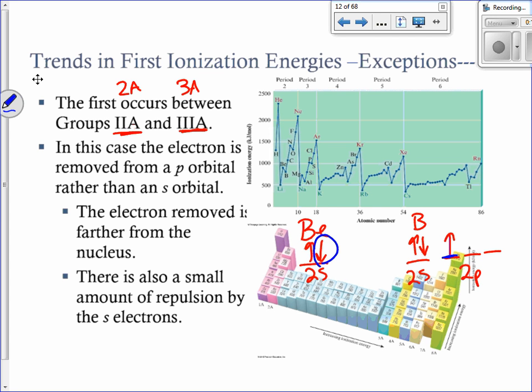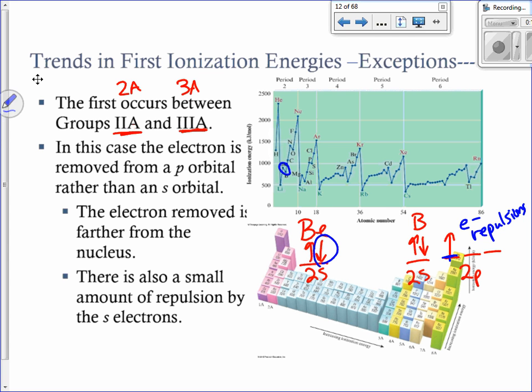So that's where you get a slight little change in the energy there, because it's easier to remove the 2p1, because it has added in an extra little bit of electron repulsion, than it is to remove it from the 2s for the beryllium. So this one has a little bit more electron repulsions. And it's just a slight little difference, as you see. It's not like it's a huge amount of energy, but it just deviates slightly.